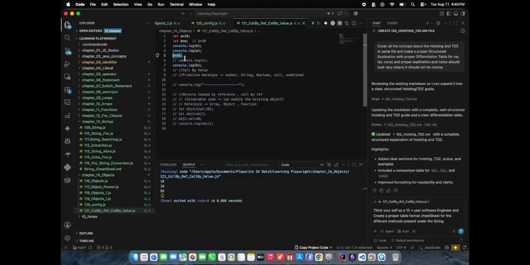Reassignment is done for b, and it is updated to 99. If we check, the a value is not getting updated. The a value remains as it is, which is 10. This one will still be 10, but the b value is getting changed to 99 because we have reassigned it.